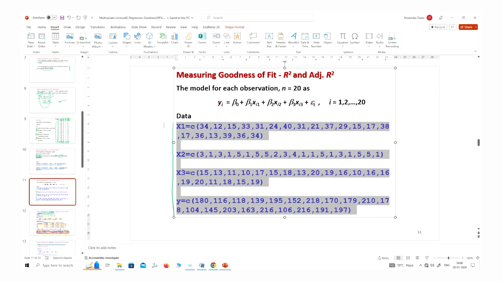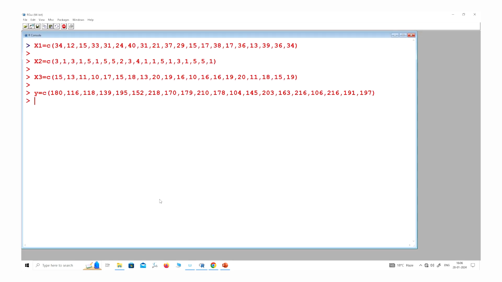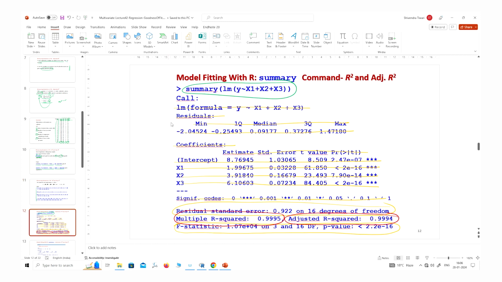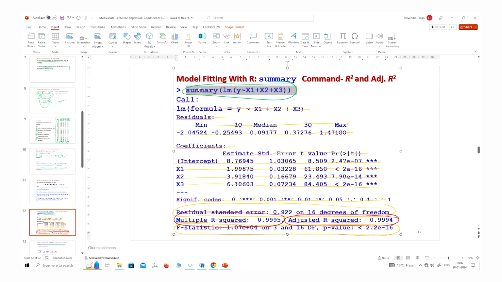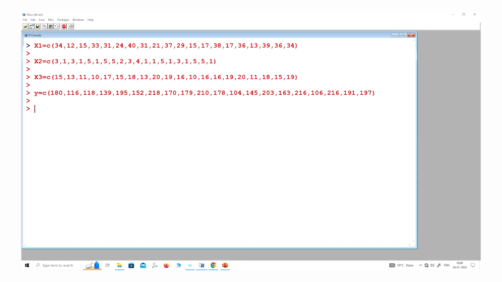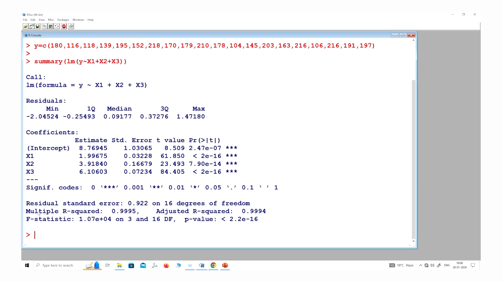It's not difficult, it is very easy. So let me first copy this data. You can see here this is my data, and then I come here and run the command lm with the summary command. You can see it is here like this. I am highlighting this part where you can see this is the value of multiple R squared, and then we have the value of adjusted R squared. So you can see it is not very difficult to find out.